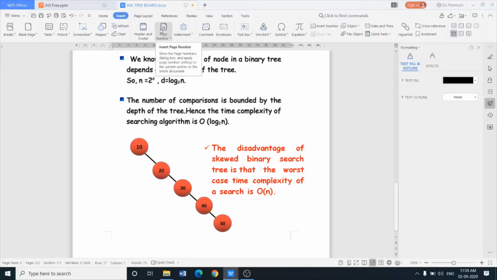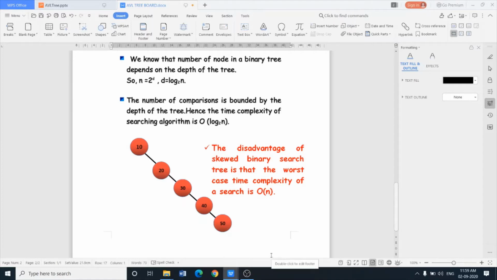But if the nodes are not equally distributed, that is, if the tree is not symmetric, not balanced, if the tree is skewed, this is our skewed tree, not equally distributed, not balanced and not symmetric. Here the values are 5, and also the height is 5. So when we search this tree, it will be the same as linear search. For 5 values, we have to search 5 times. So the complexity is order of n because the data are skewed, the opposite of symmetric.